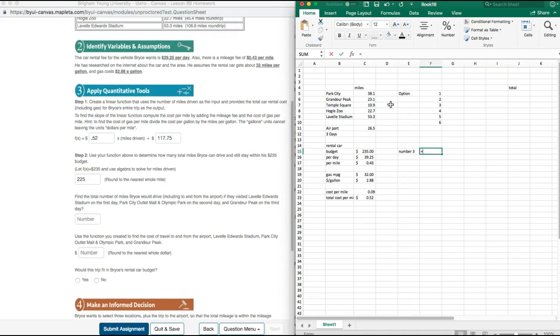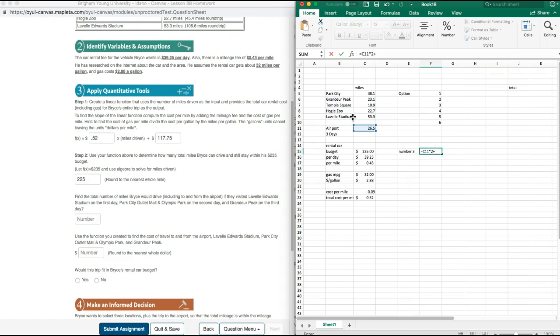So we're going to do equals to and from the airport, is this number times 2. And what else are we going to do? We want to find the total number of miles if they visited Lavelle Edwards Stadium. And because we're not just going to go there one direction, we're going to go there and get back to